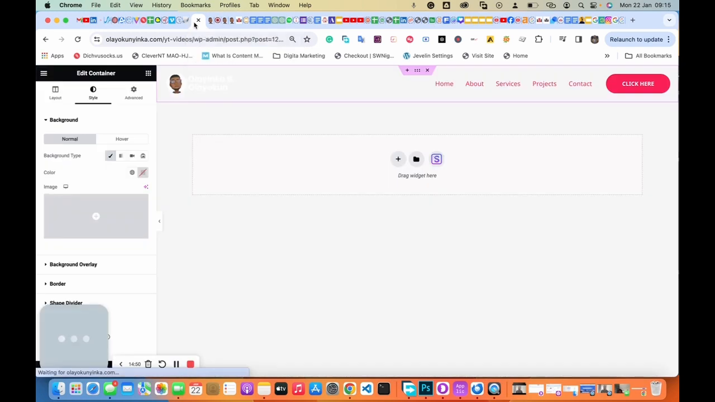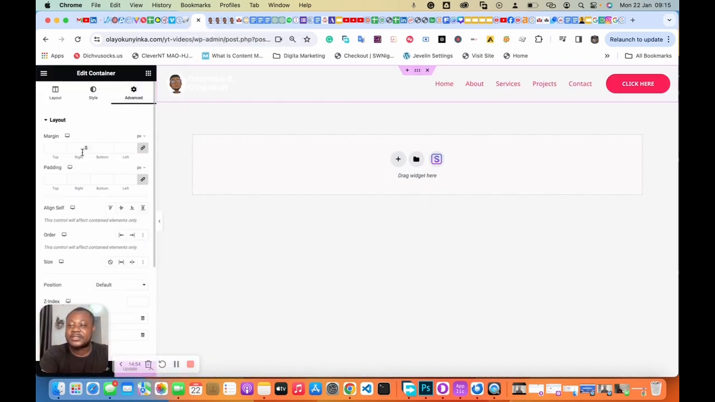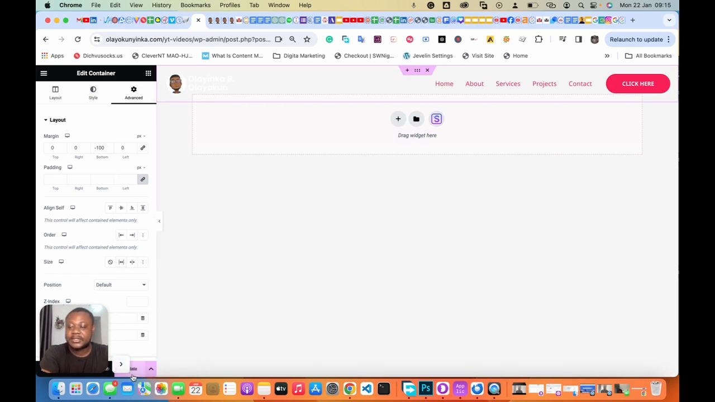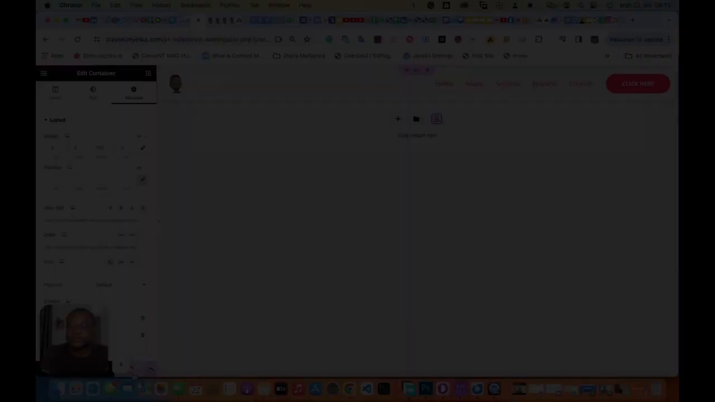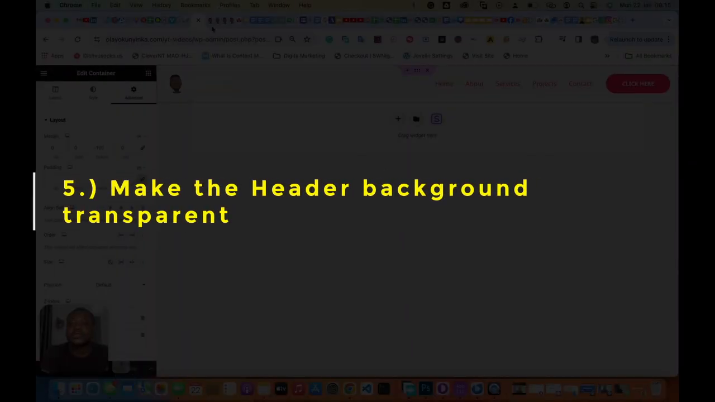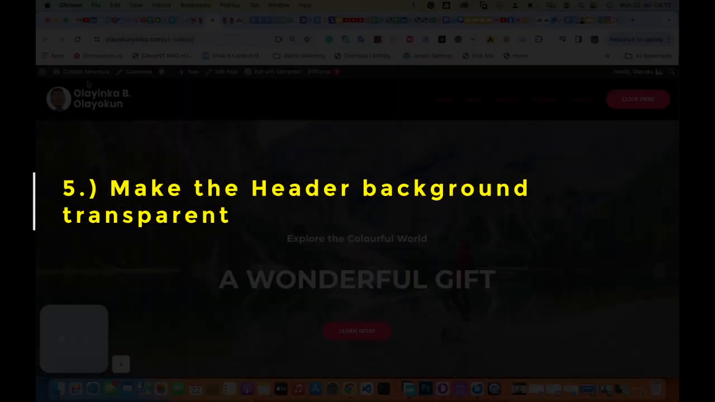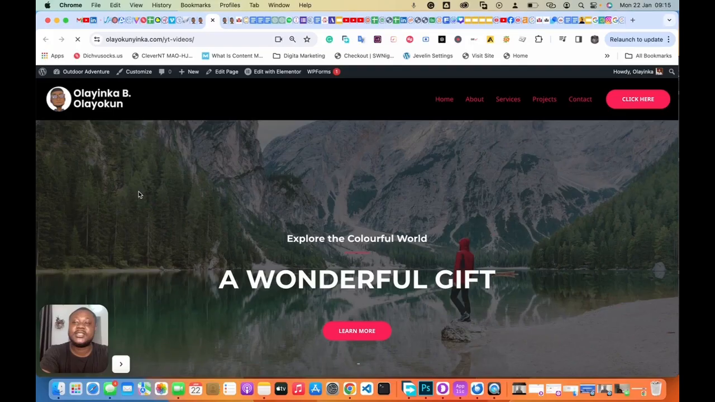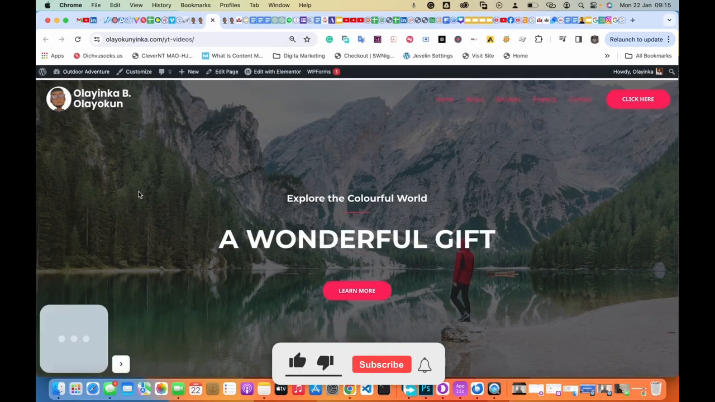We would come here and go to advanced. Now under the margin, the bottom margin, we'll make it -100, right? And then code update. Now that we've updated it, let's go to our website and refresh and see what happens. You see, we now have a transparent menu,